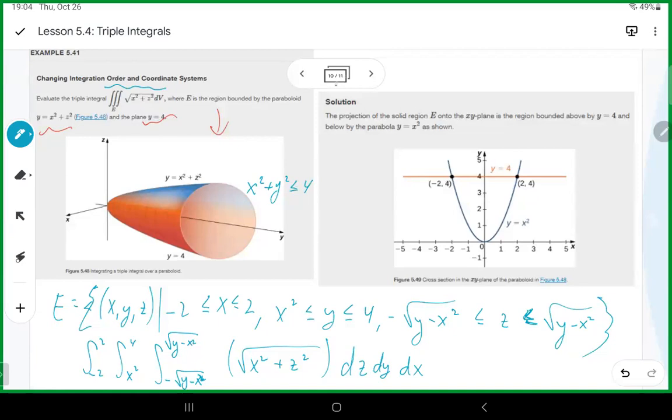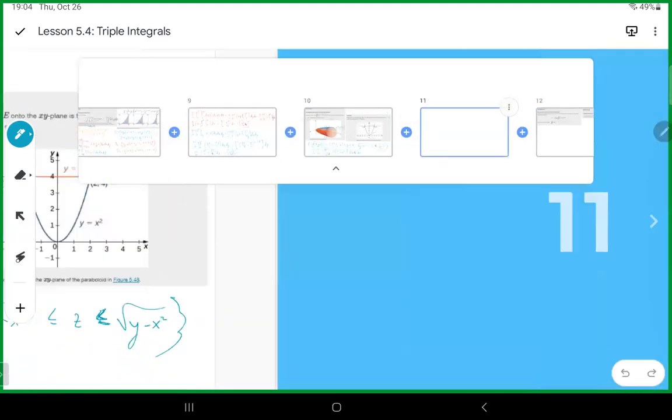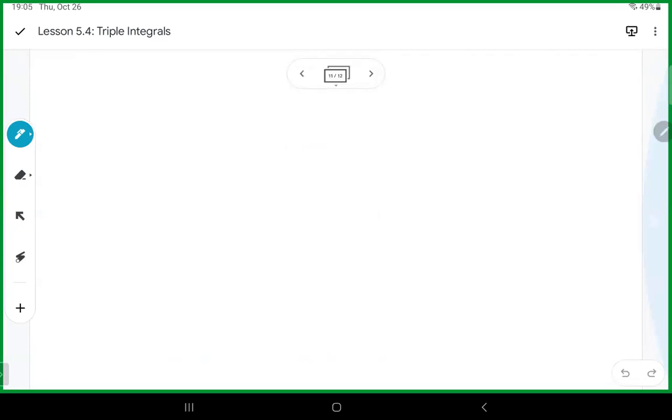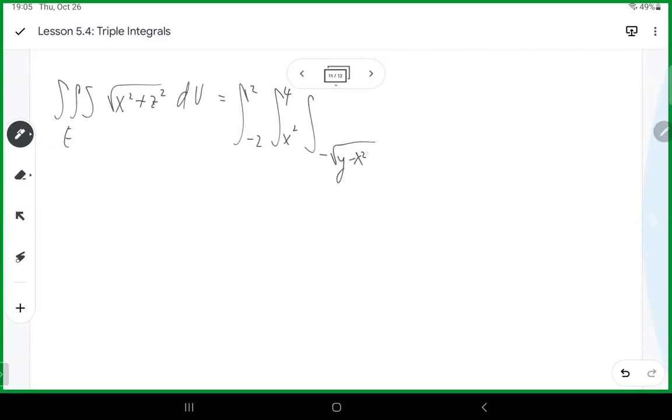If we keep that in mind, then what we would have would be -2 to 2, x squared to 4, negative square root of y minus x squared to square root of y minus x squared, x squared plus z squared dz dy dx could be rewritten as